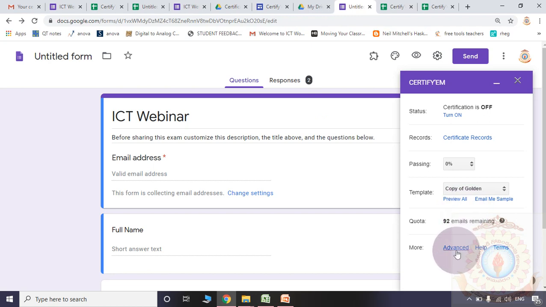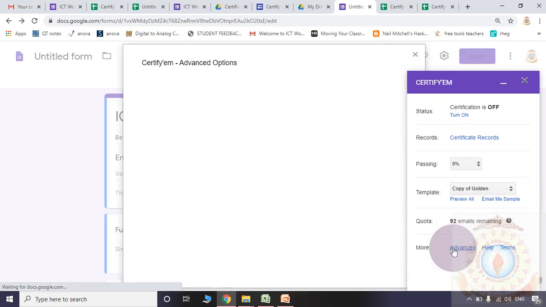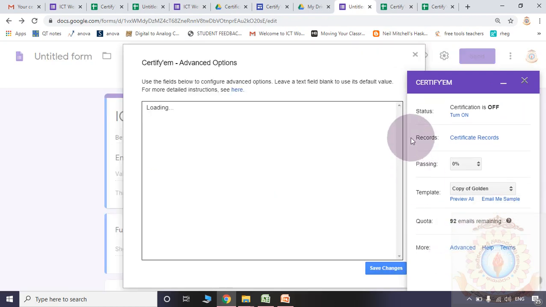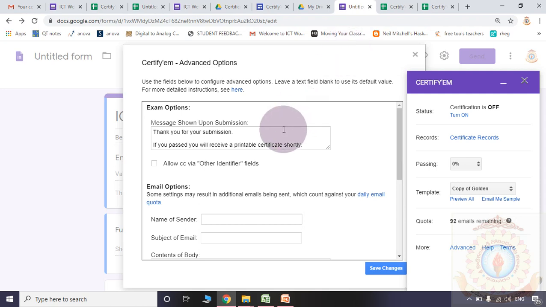Even here some advanced settings are there. Please observe, even in Certify EM advanced settings are there. What is the use of those advanced settings? After submission: thanks for your submission, thank you for your submission, that is okay. If you passed, you will receive a printable certificate shortly. No need to keep it.